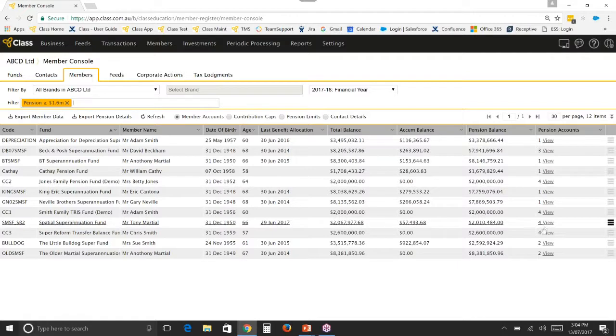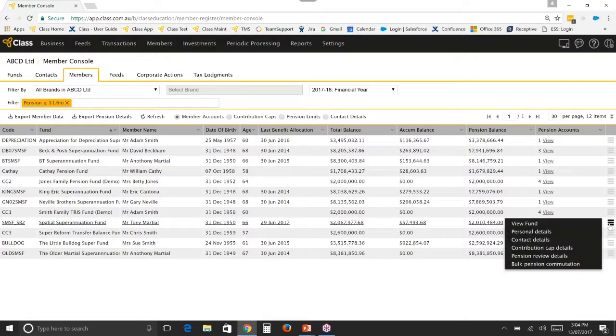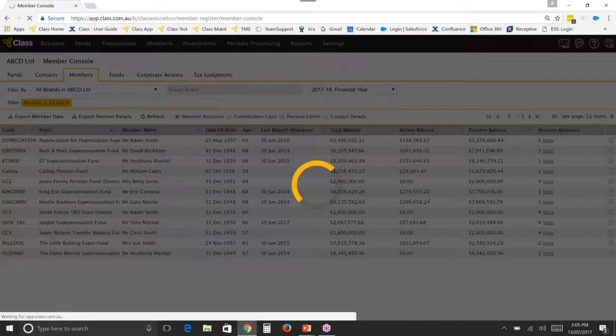So what I'm going to do now is show you the second feature that we've got. We've actually got a shortcut to that here, so I'm going to look at Tony Marshall. And the second feature is the bulk pension commutation screen. So if I jump into that,